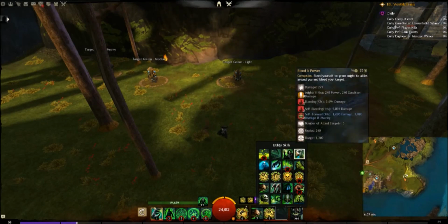And then Blood is Power, just 8 stacks of Self Might. You apply bleeding as well to your foe for quite a lot of damage and quite a long duration, and also a bit of Self Bleeding and Torment, which is a bit dangerous,